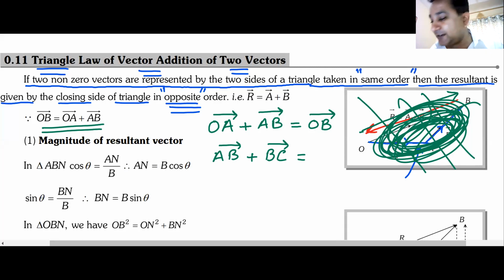Hannah, Deepak, everyone, I think you have studied this. I'm very glad if you have done that. Great. AB vector plus BC vector becomes AC vector. That is known as triangular law. Yes, Santosh, you are also correct.